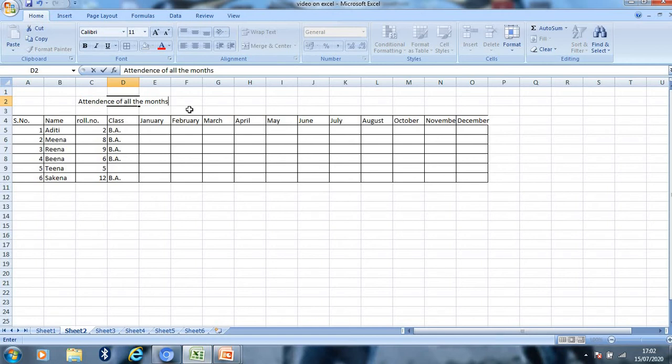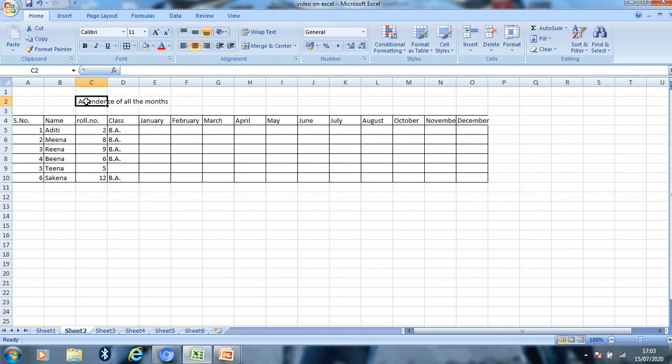But as you see, the contents cannot fit into the single cell. So what can we do for this? For this, we can merge these cells to get a single cell in which my content fits.